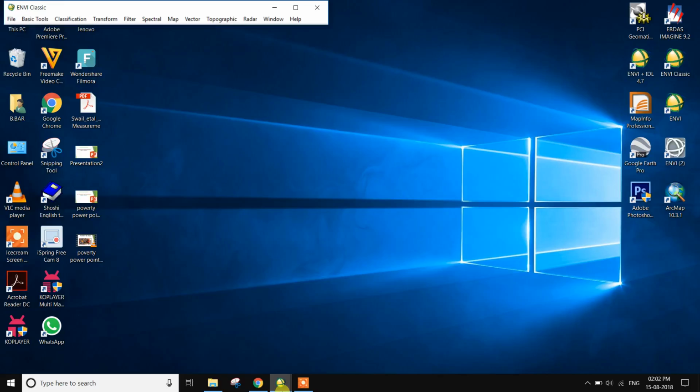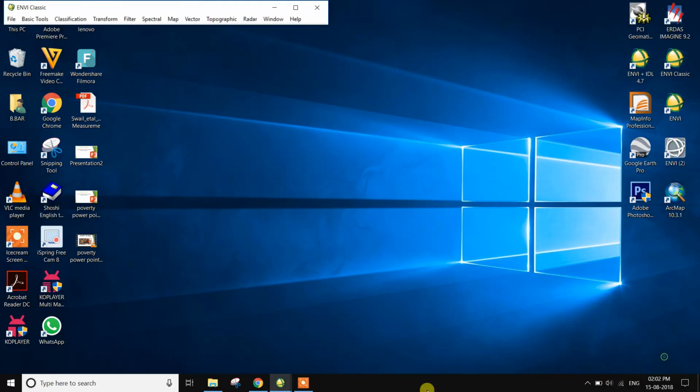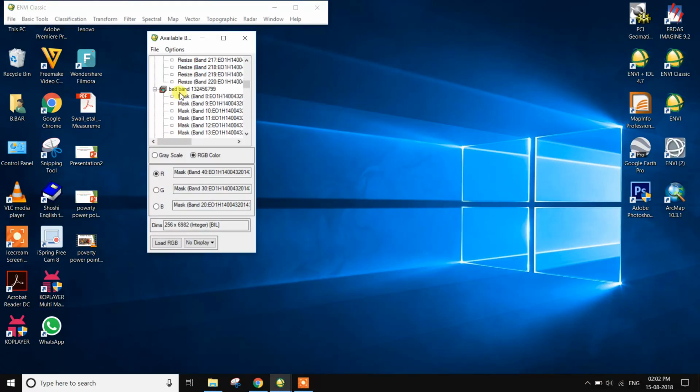So at first, open the masked band removal data. Open the masked band data with bands 40, 30 and 20.